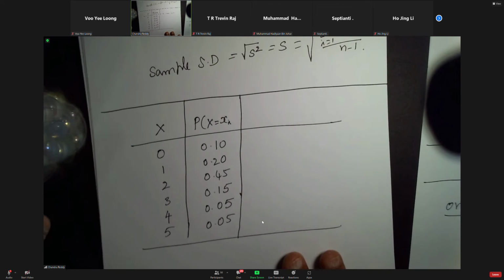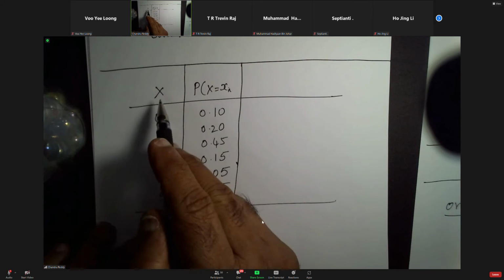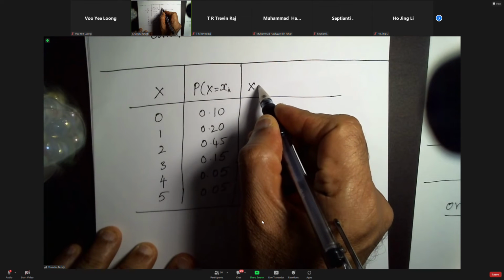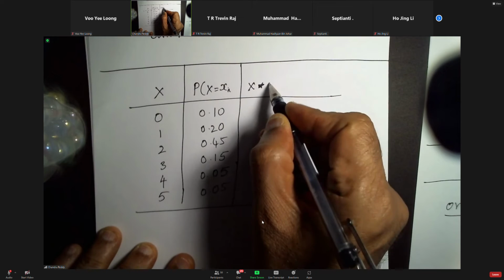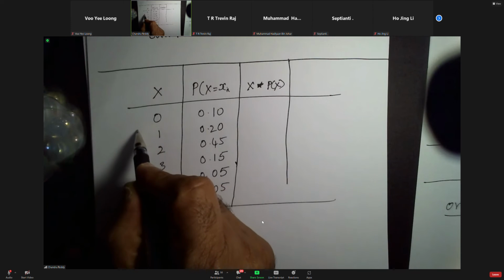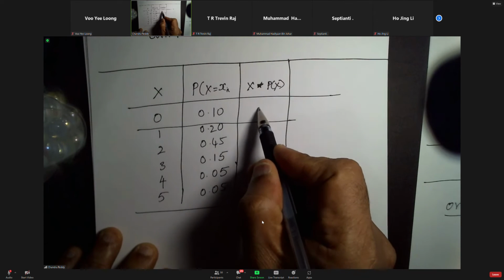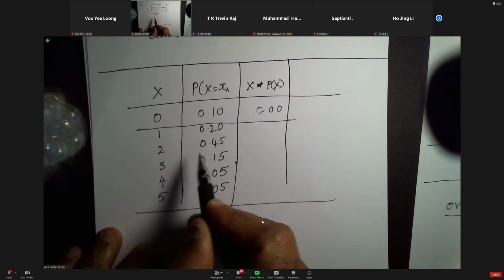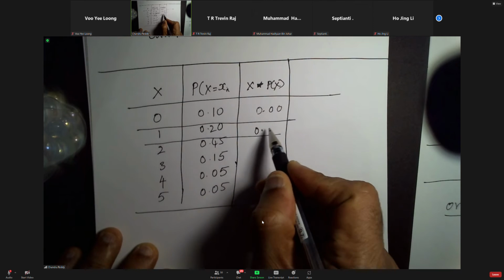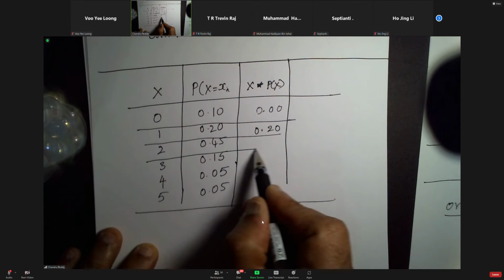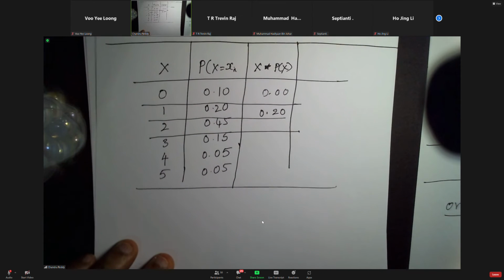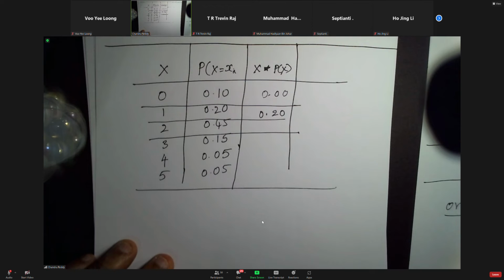All right. I just prepared the data X and probability of X. Next you need to come up with another column, where we multiply X with probability of X. When you multiply 0 with 0.10, you get 0.00. Then 1 with 0.20, you will get 0.20. Then 2 multiplied with 0.45,